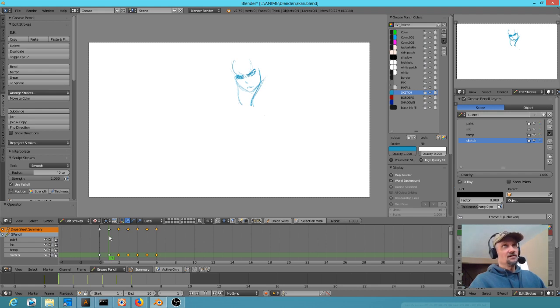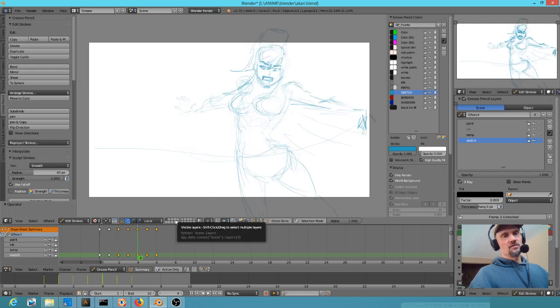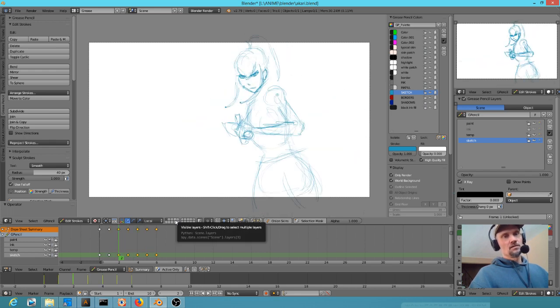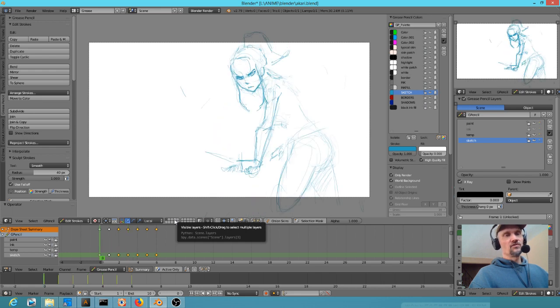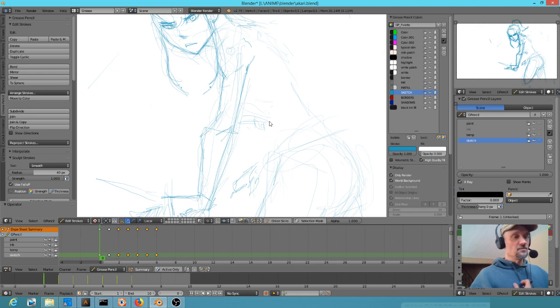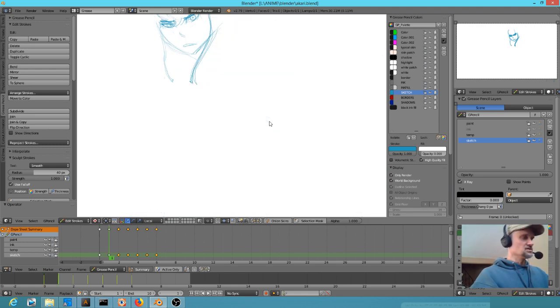So if I am spending some time with Blender 2.8, things are going well, then I may go ahead and find myself using it more and more. We'll see. But at this point, my go-to tool for ink and paint is definitely going to be OpenToonz. But my point is that up until the point where you're going to do ink and paint, it really doesn't matter. I mean, in other words, up to the point of the pencil test, for me, it doesn't really matter a bit whether I'm using OpenToonz or Blender. They both seem to